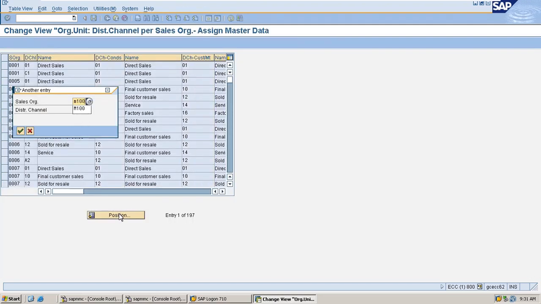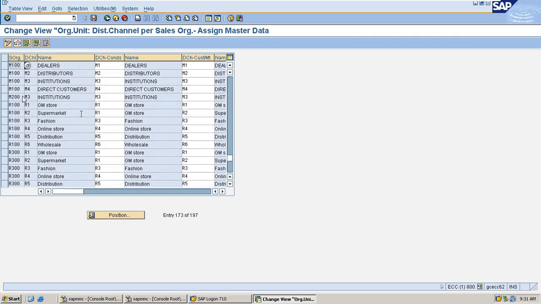Here you have to give M100. See, here for M100 and distribution channel M1, I have already given these entries. But in your case, it will be blank. So you have to give the entries, like M1 here and M1 here, M2 here and M2 here, like this.